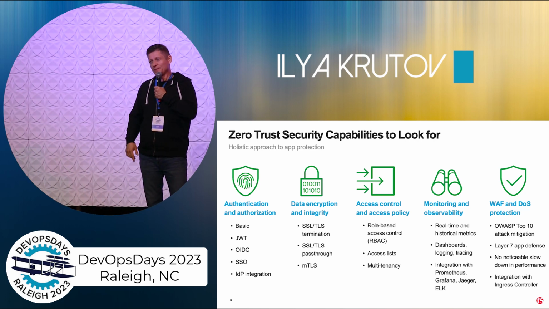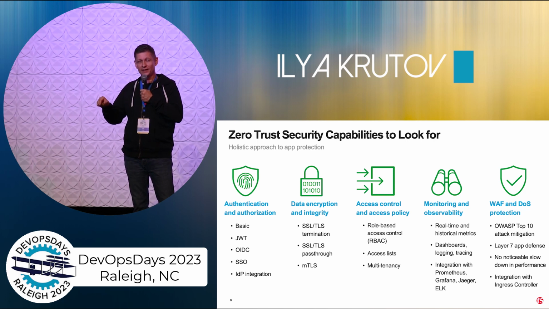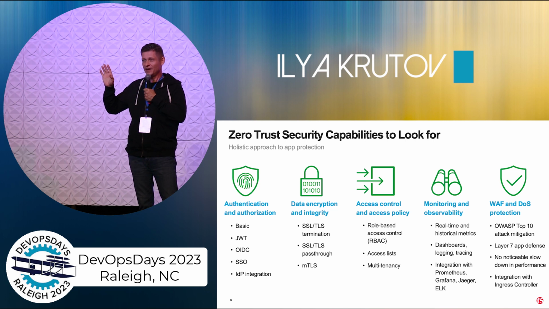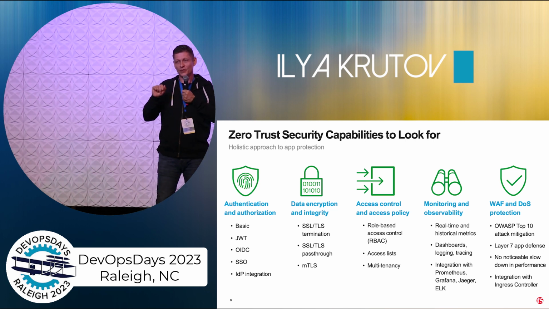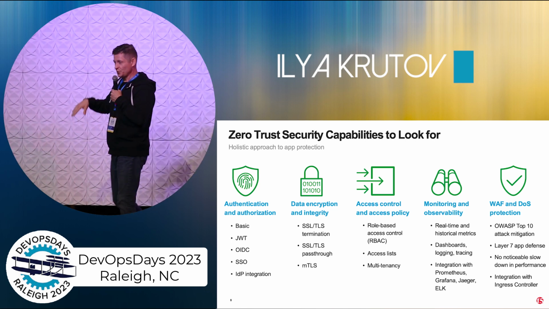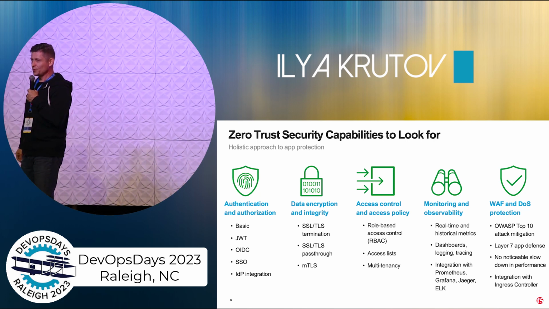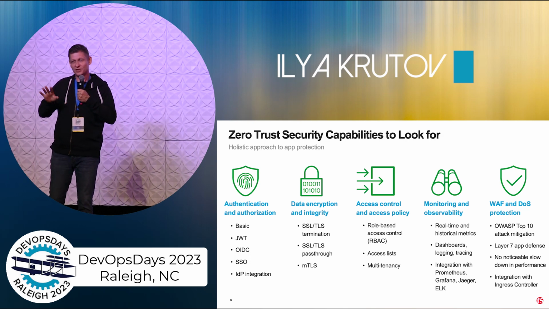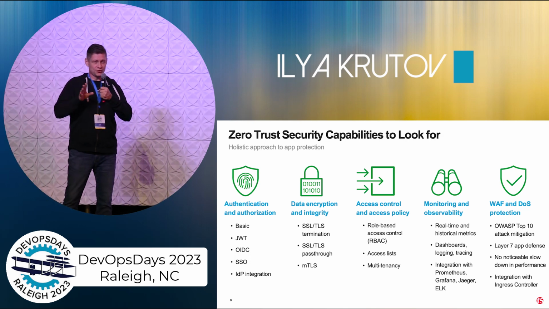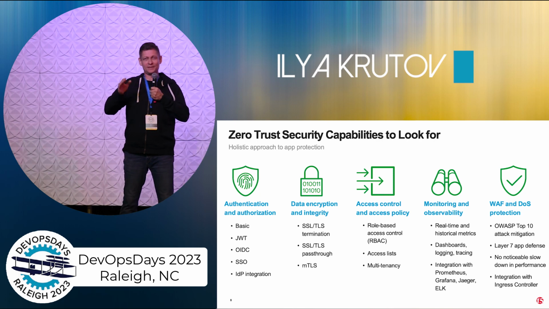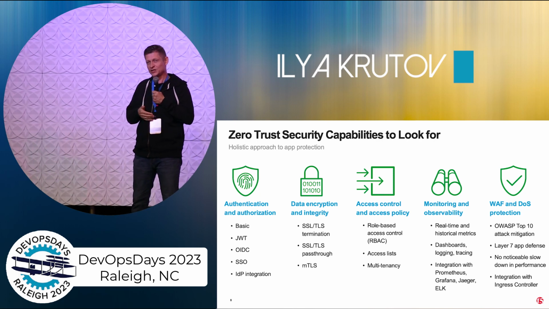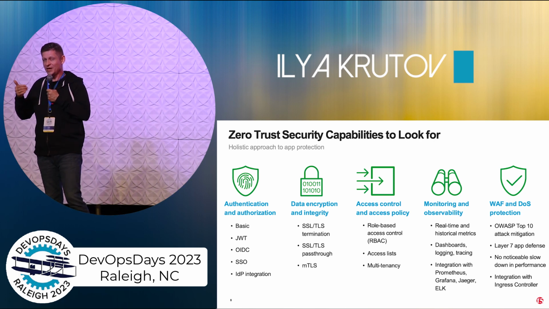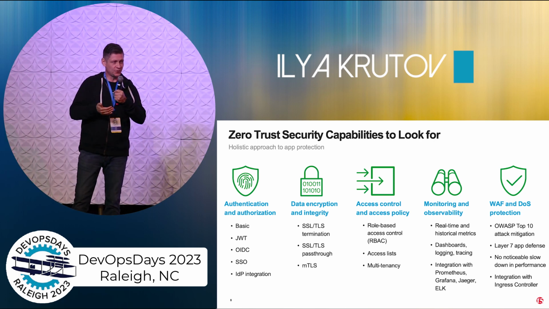How many of you have heard about Gateway API? Not API gateway, but Gateway API in Kubernetes. Okay, good. So typically when we expose applications in Kubernetes, we use one of several forms, one of them being the ingress controller or ingress resource. But the ingress resource by itself doesn't support a lot of use cases, and that's why the Kubernetes SIG developed Gateway API. Basically, it's a role-based API and role-based